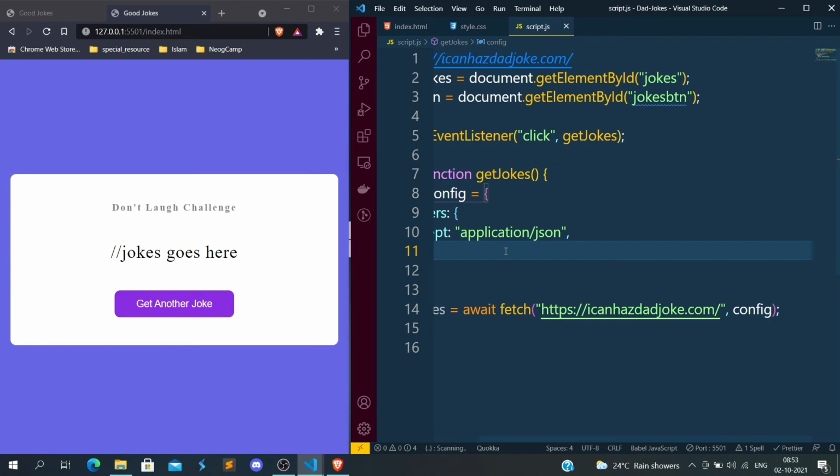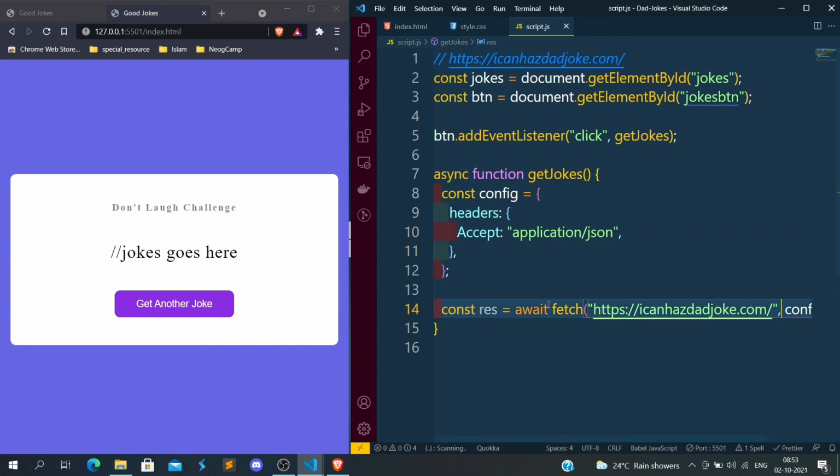So basically the fetch method will take the API URL and then the headers, and since this will return a promise, we have to wait to handle the promise. The promise can either be resolved or rejected, so we have to wait for that. That is why we have given await.